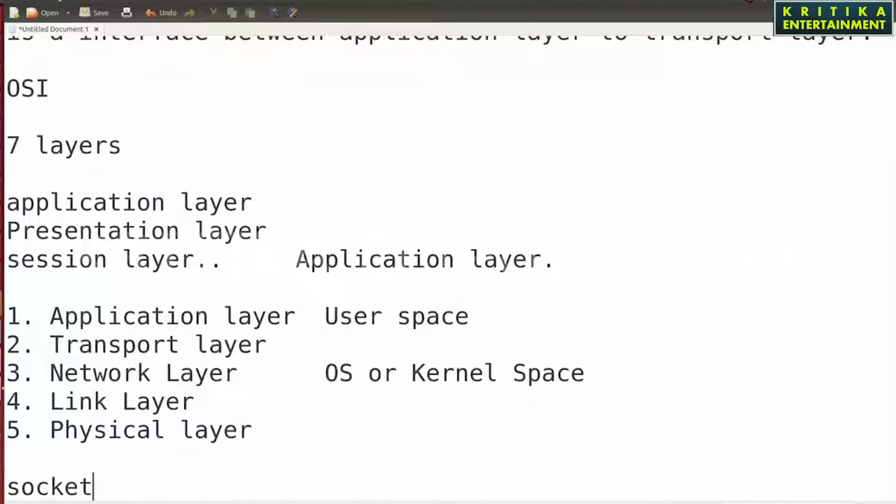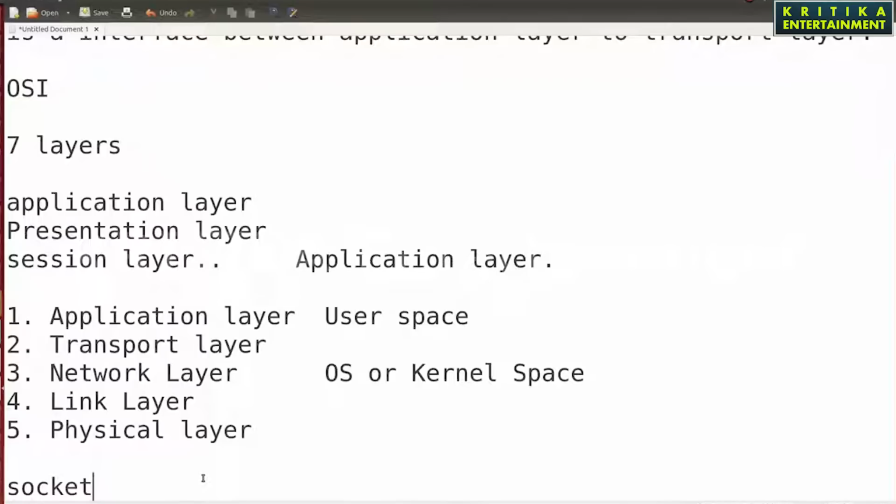So the user can interact by using a socket. Then what is a socket? Another definition of a socket: a socket is a temporary file.